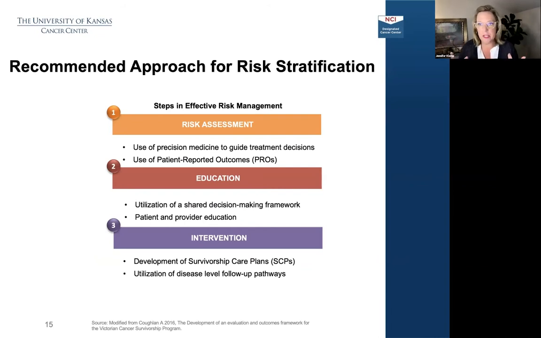You're going to have your risk assessment. How do you want to do your intake? Do you want to include a patient-reported outcome? If you have the patient complete something, you need to coach them, teach them, educate them on how to complete that tool and how to engage the patient. Otherwise, the patient can be a little bit passive.